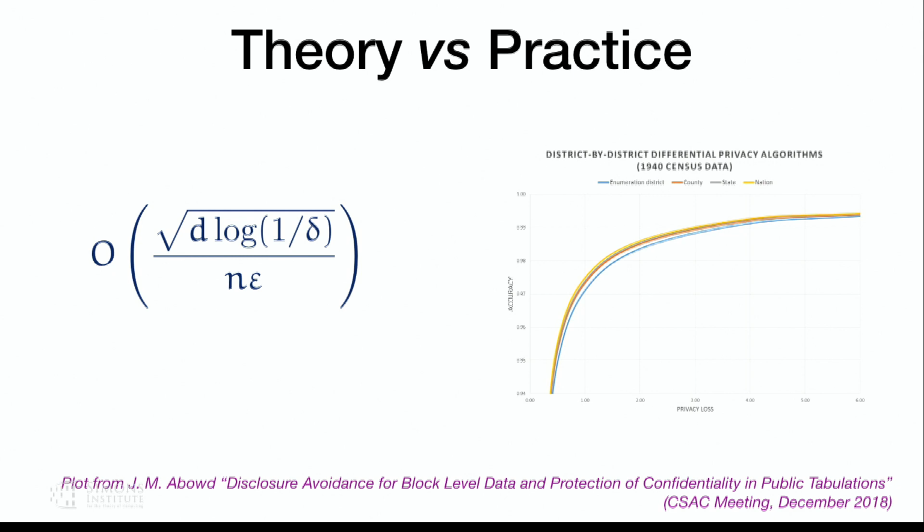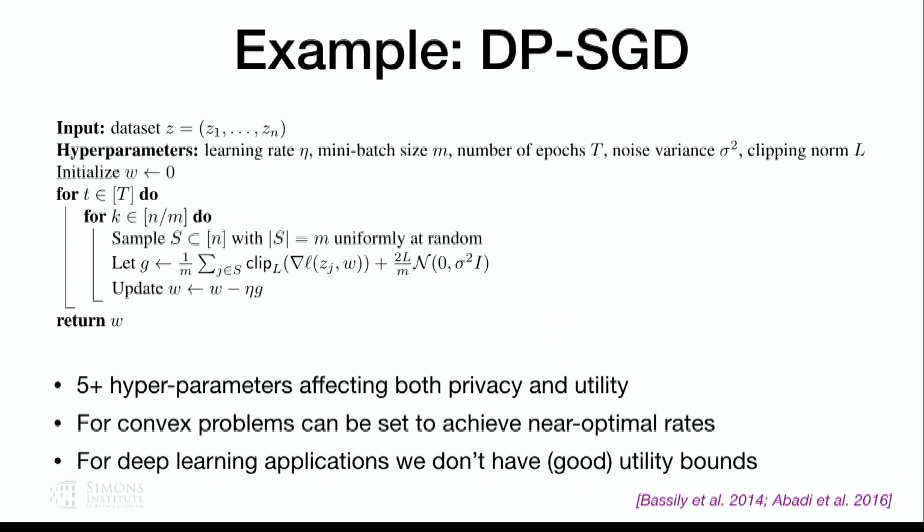Now, the one problem arises when you try to get these plots, particularly in machine learning applications, when you have algorithms like the differentially private stochastic gradient descent, for example, right? So Ulfer did a great job at introducing machine learning, so I don't have to talk too much about it. But just let me remind you that stochastic gradient descent is one of the basic algorithms that you are going to use in machine learning, even when you don't care about privacy.